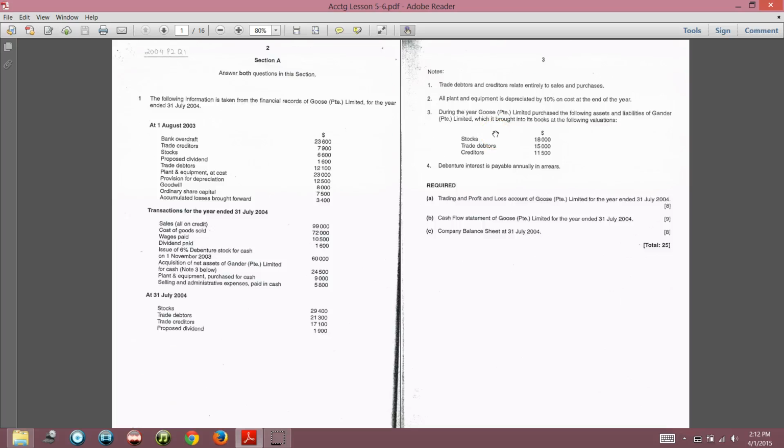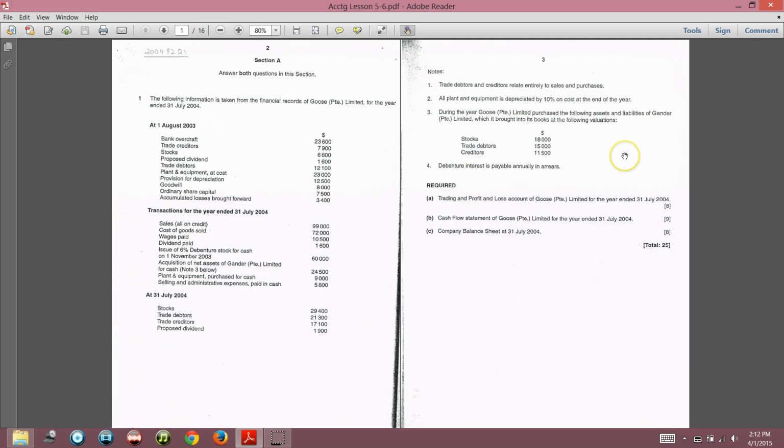So we have paid more than the net asset of this company. How much more have we paid? The net asset is 21,500. We paid 24,500. So that means we paid 3,000 more to the previous business owner for the goodwill of this